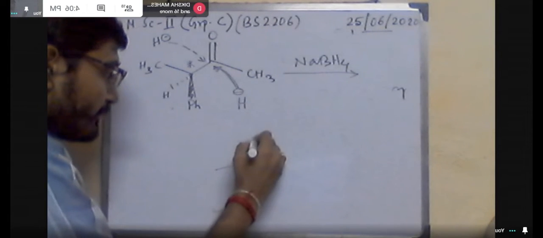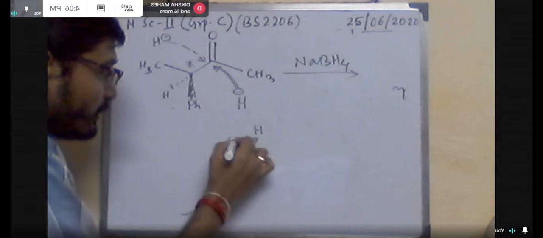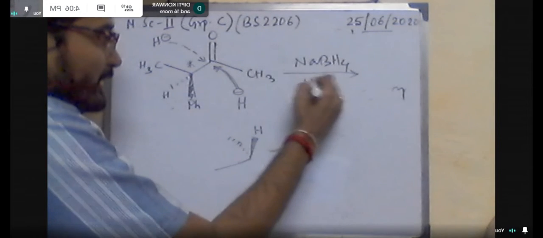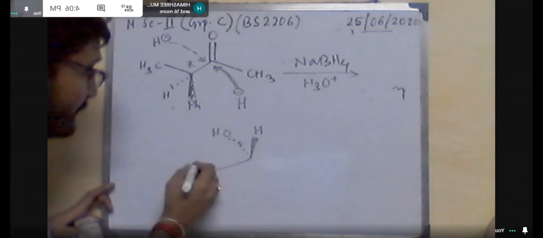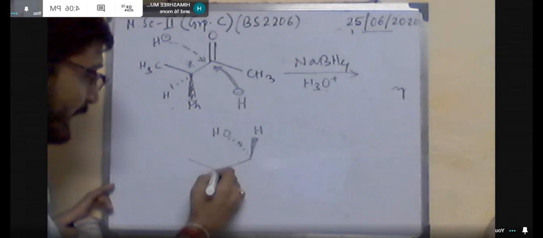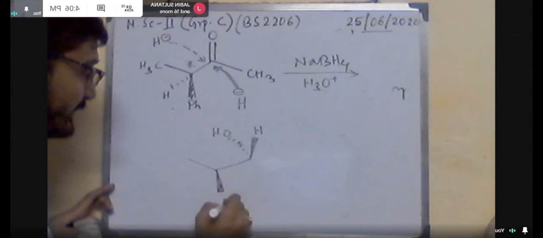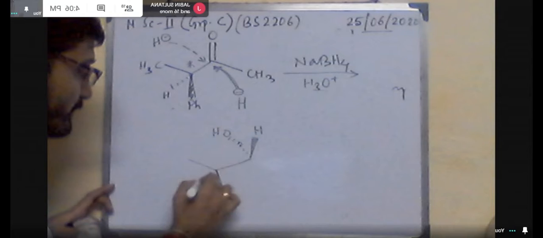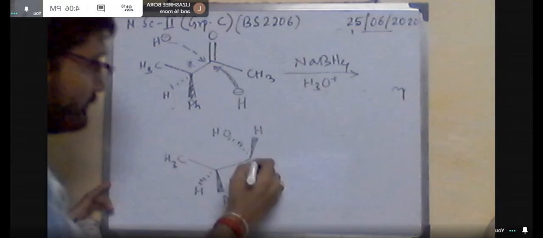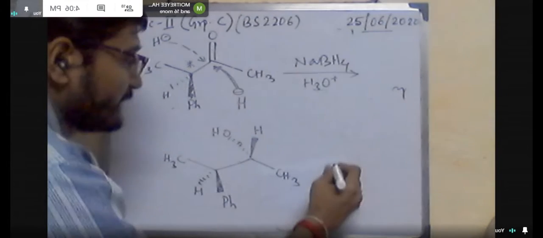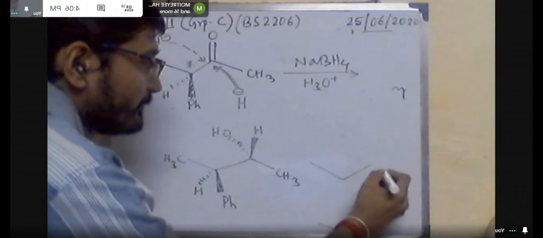Okay, in this conformation you can see that both are on the same side, which is not favorable, and here you can see both are on the opposite side, that means in the anti direction. So this is the favorable. And what is the relationship between these two? This is basically R configuration. It is R, it is fixed. The chirality which is added in the molecule will remain fixed, the configuration. We cannot change the configuration.